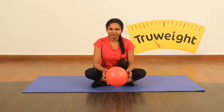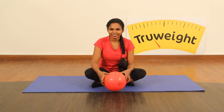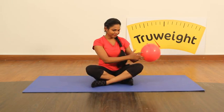So today Dr. Pranaya, she is a physiotherapist, is presenting us with some more knee strengthening exercises. Let's get started and sit comfortably,